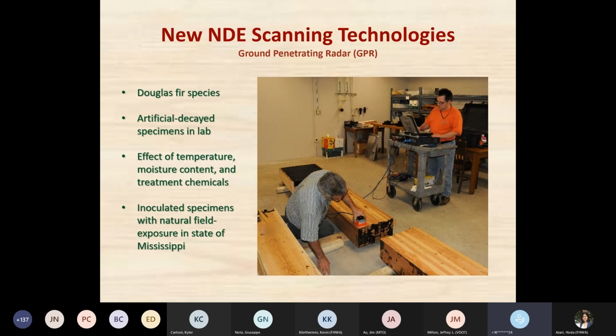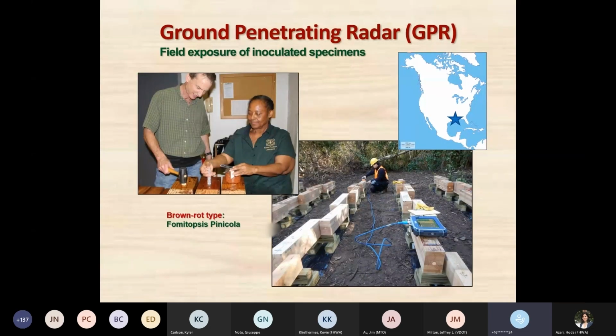And then the next stage, the next slide, please. We're exposing some specimens that were inoculated with brown rot. Brown rot is that very concerning type of decay we talked about. In this case, we're using Douglas fir specimens, so we chose a brown rot fungus that is very aggressive, and we're trying to put these in a very decay-prone area for wood structures of the United States. We're trying to develop internal decay so that we can get some naturally decayed specimens that we can proof or test our ability to use GPR to look inside of